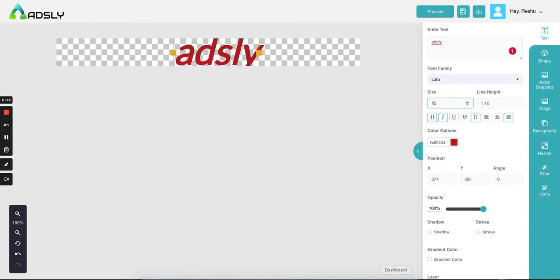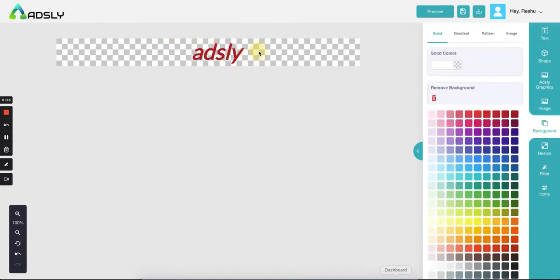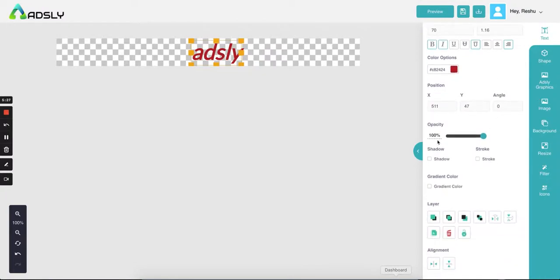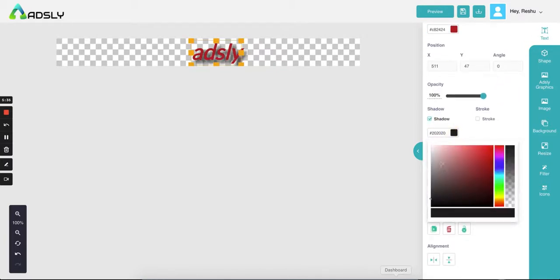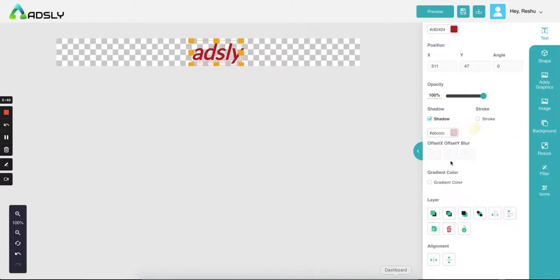Let me reduce the size of it so that then opacity, the visibility of the text, you can decide that. You can add a shadow to it, and while you add a shadow, you can also edit your shadow, whatever color you are looking for.